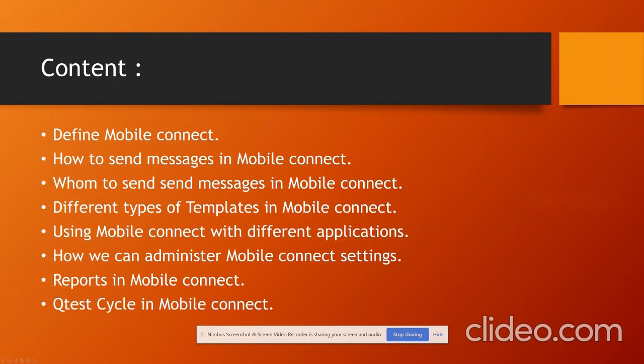Okay, so here I will be discussing what is Mobile Connect. Mobile Connect is basically an application that needs some configuration, and after configuring Mobile Connect in our Salesforce Marketing Cloud account, it privileges us to create, send, receive, and track different types of SMS. They can be MMS also, they can be SMS also, text messages also. So we can perform these kinds of activities with Mobile Connect.